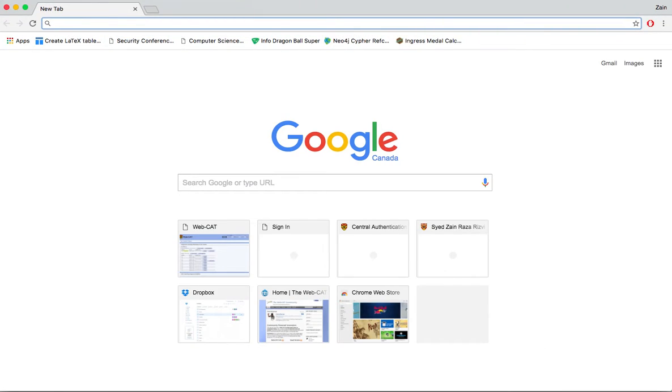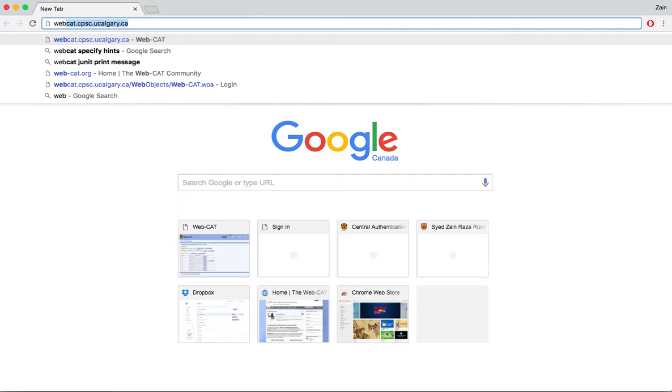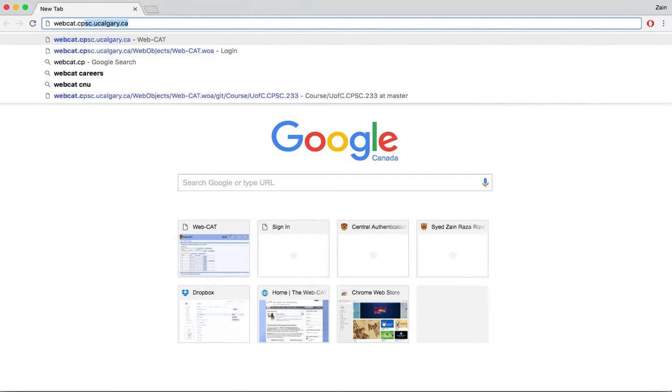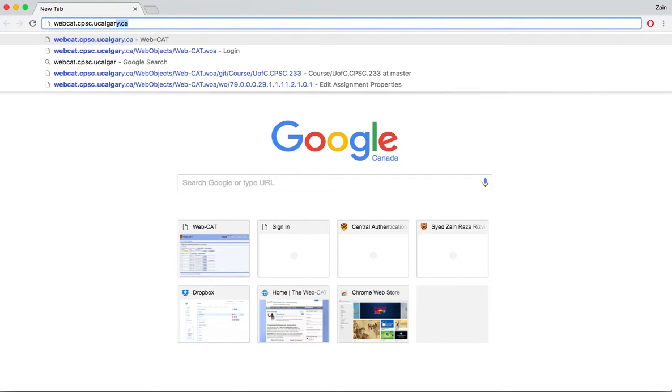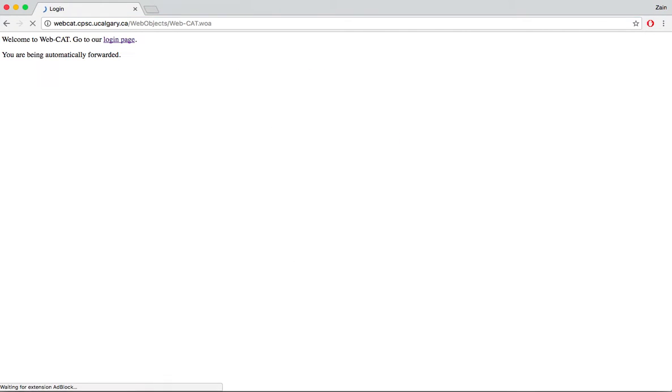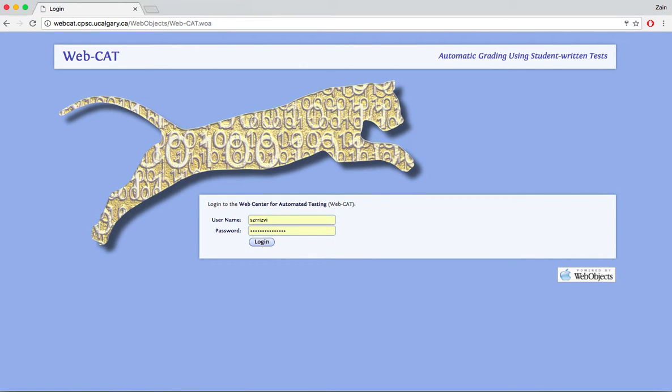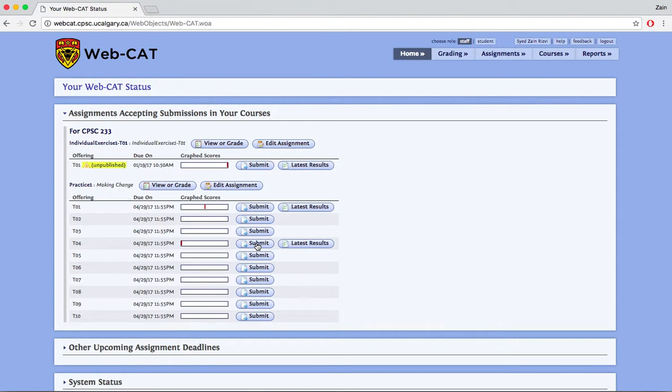So open up a web browser. This is webcat.cpsc233.calgary.ca. It redirects me to this page. I log in using my Linux terminal credentials. Log in. Now, your interface here might look a bit different since I'm one of the TAs for that course. I get to see everything, but